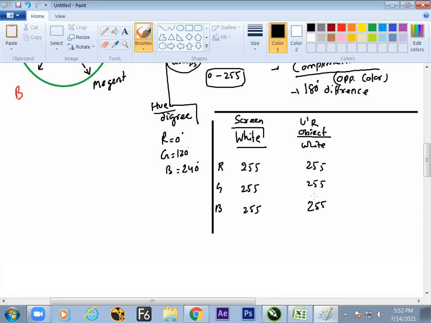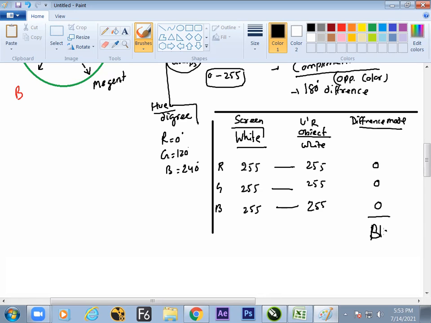Then inside the coding, it has been written in difference mode: find the difference between them and write it down here. So in the coding, it has been written to compare the two channels of the individual object and find the difference. So what happened? Everything turned into 0 and the color becomes black.